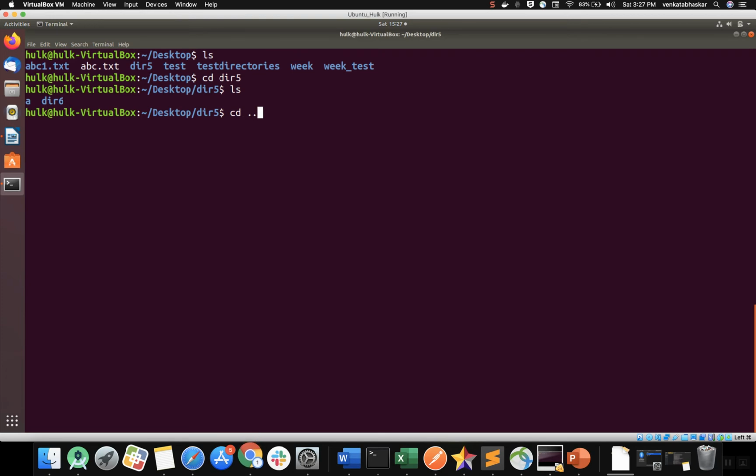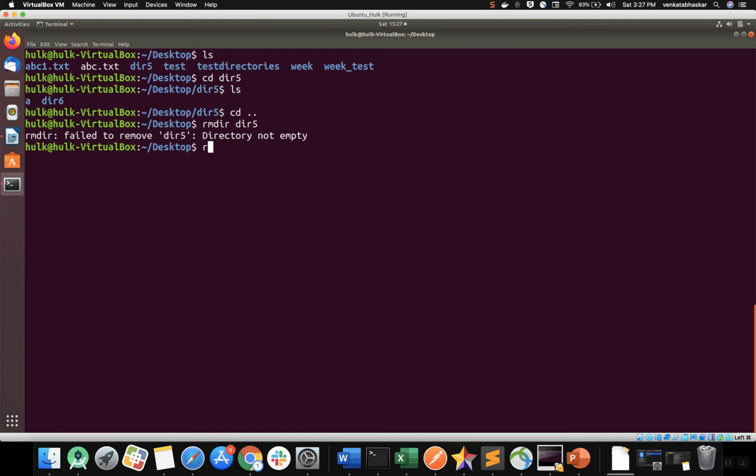Now I'm trying rmdir directory 5. We'll see what happens. See, failed to remove directory 5: directory not empty. That means this command is only used to remove an empty directory. Please remember this point.